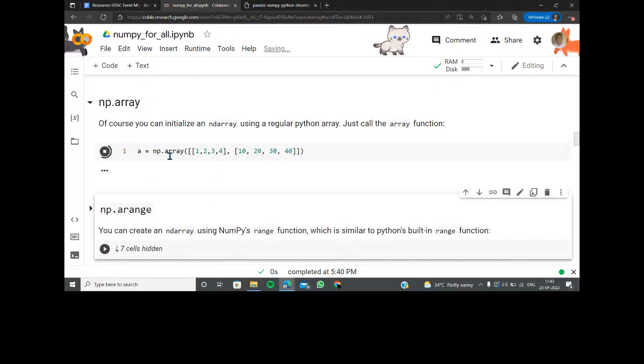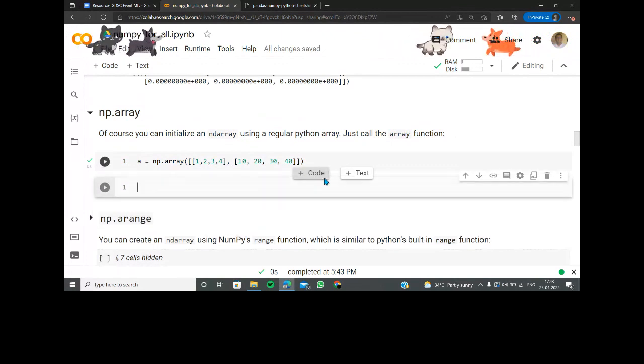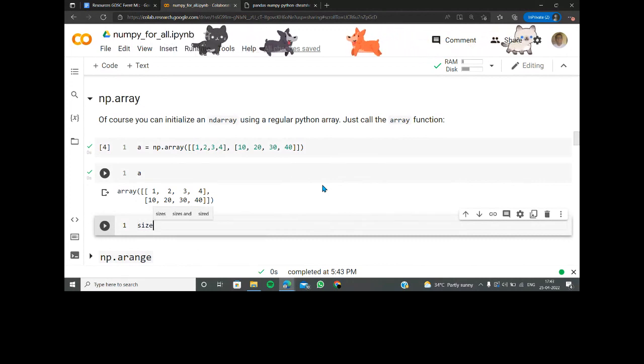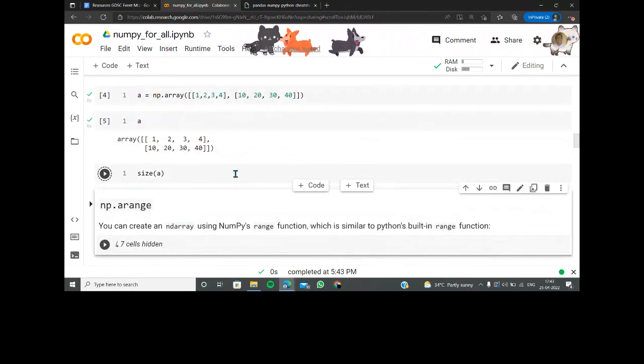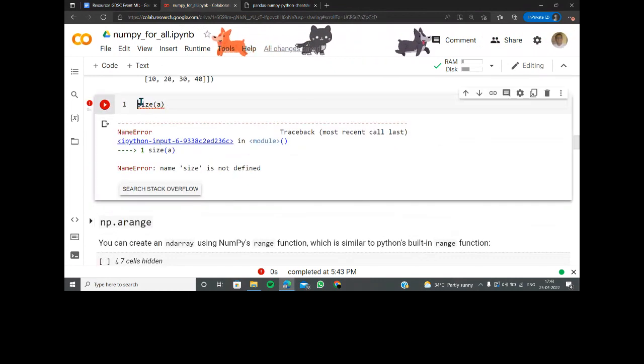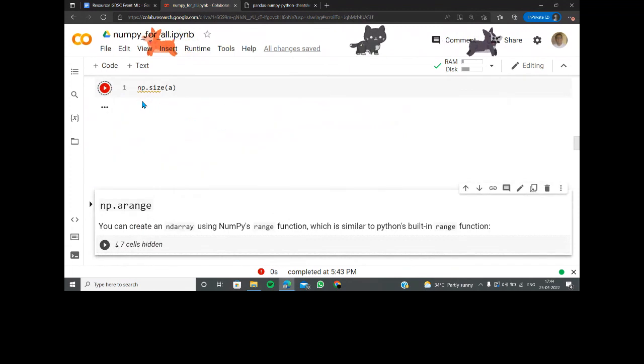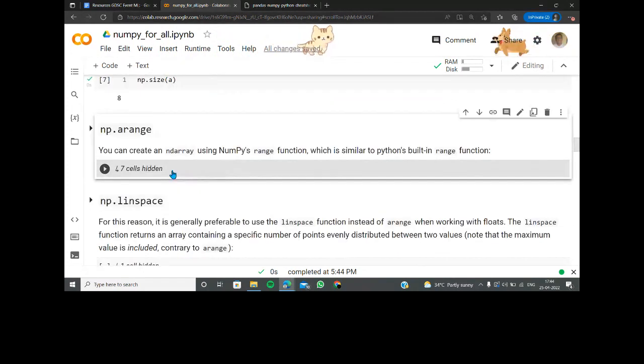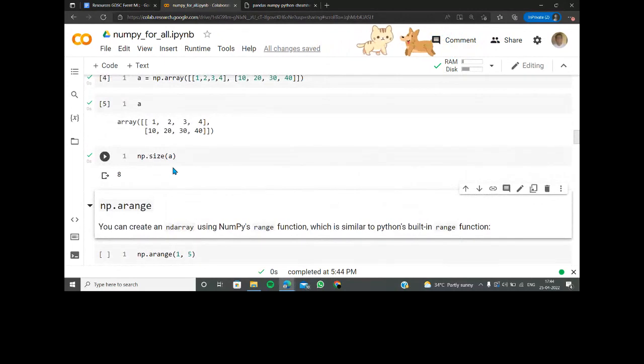So if I say a is equal to something, and if I go and do the size of a, np.size is just saying that there are 8 elements. So 4 cross 2, which is now 2 cross 4, and this is how it is. When you think of all these applications that are getting built, it's a crazy amount of work going on behind the scenes. All of it is being optimized, all of it is already taken care of.